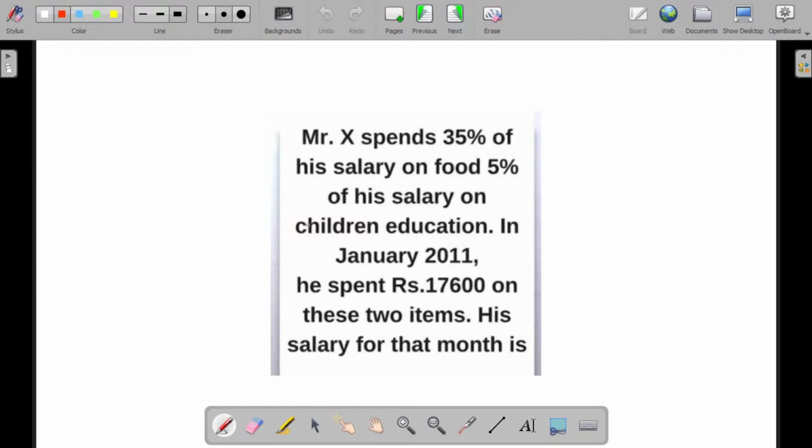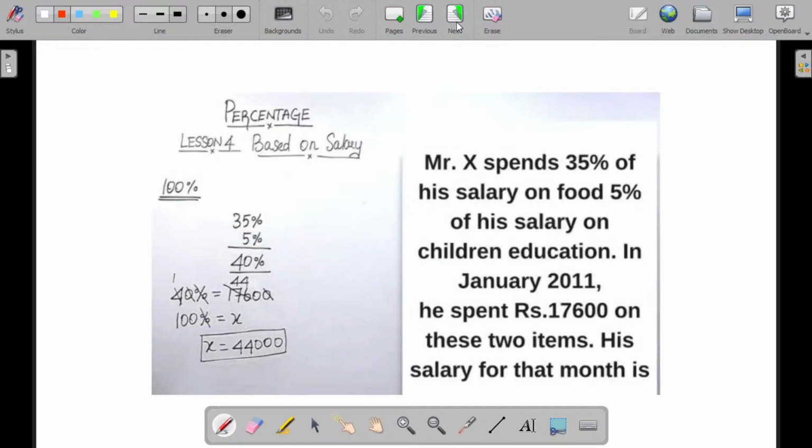Few people are attempting, okay, within 20 to 30 seconds you are solving the problems. Prasad, okay. Bijapure, okay. Good. Okay, 35 and 5% on the salary. So that is total he is spending 40 percentage. So he spent, that is 40 percentage, equivalent to that value 17,600. So for 100 percentage how much we need to calculate? Good. So that is 44,000. Next,